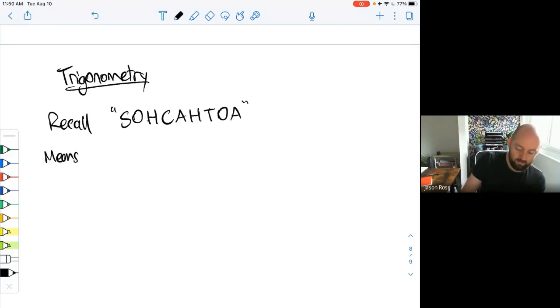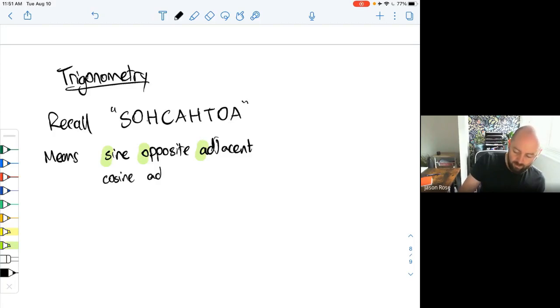It means sine, opposite, adjacent, and the SOA part of SOHCAHTOA comes from the first letters there. Cosine